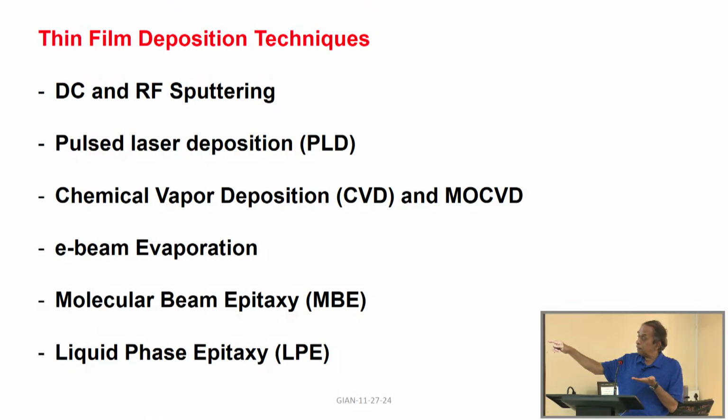So, with LPE you can make films of several microns, whereas all the other techniques are very slow growth processes. It takes forever if you want to make a film of several microns. With all the other techniques except LPE, you come across films that are nanometer thick or maximum maybe 1 micron, whereas with LPE you can grow films up to 100 micron within a few hours. So, it is a fast growth technique, and at the same time you can make very good quality films. That is the one we use